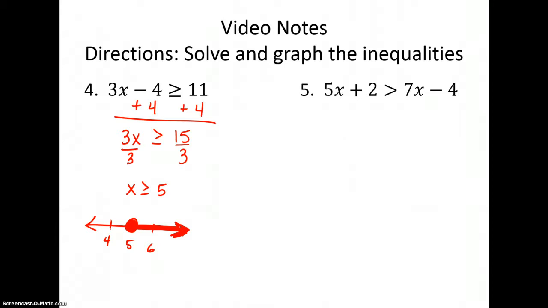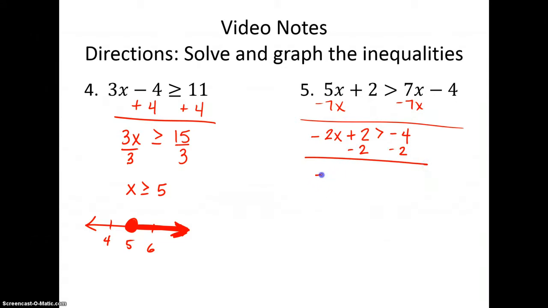On number 5, again, we're going to proceed as if this were an equal sign. We're going to subtract 7x, subtract 7x, so we get our x's on the left, and we get negative 2x plus 2 greater than negative 4. Now we're going to subtract this 2 from both sides, so we have negative 2x greater than negative 6. Need to get this x by itself, so we're going to divide by negative 2, divide by negative 2, and